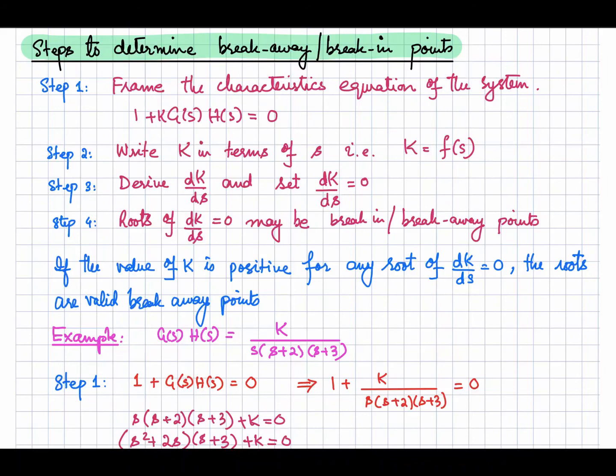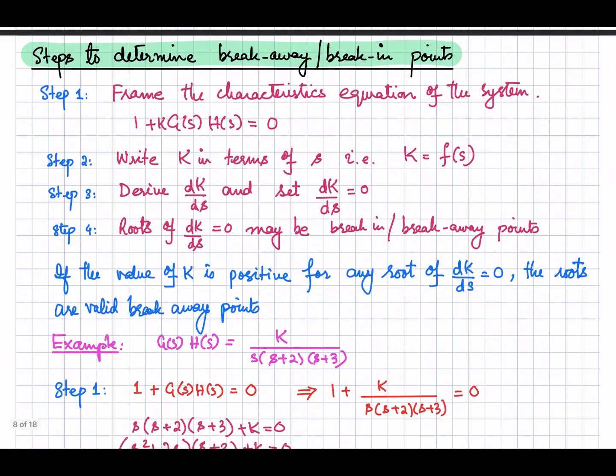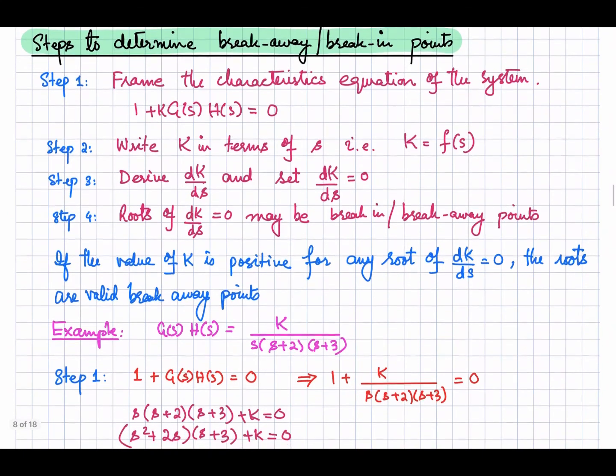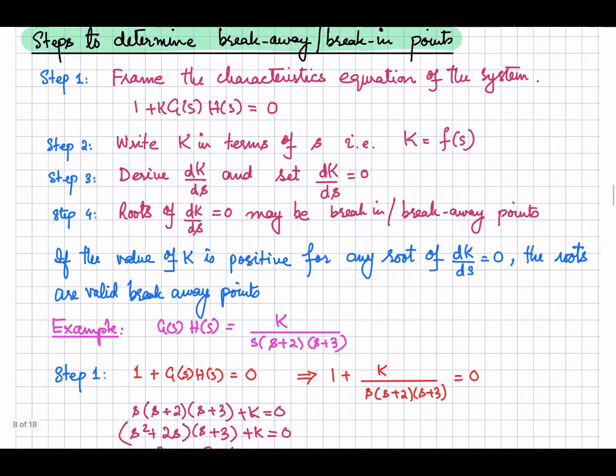If I summarize what we have done in this video, we have seen an example of the root locus, and how we can determine the breakaway and break-in points, what breakaway and break-in points mean, and how we can find the j omega crossovers for the closed loop poles and the corresponding gain.